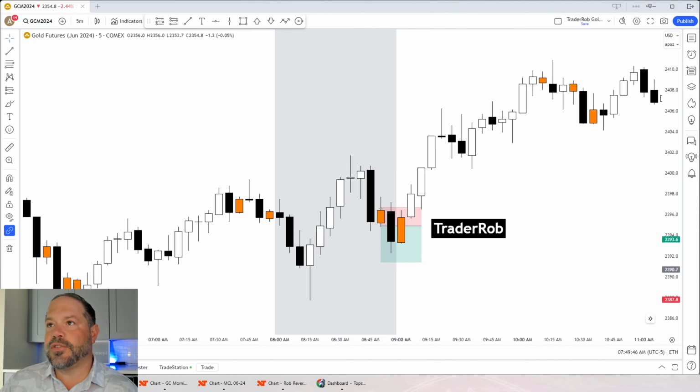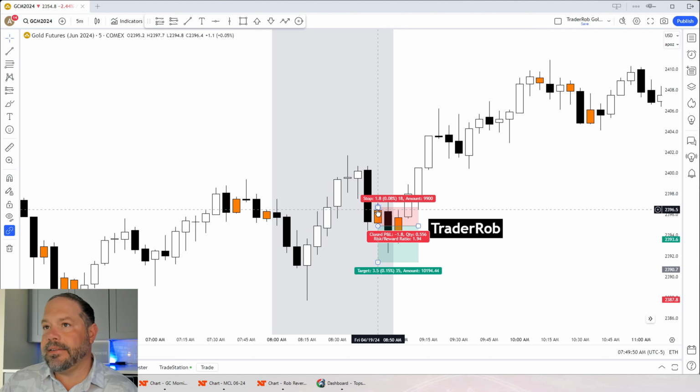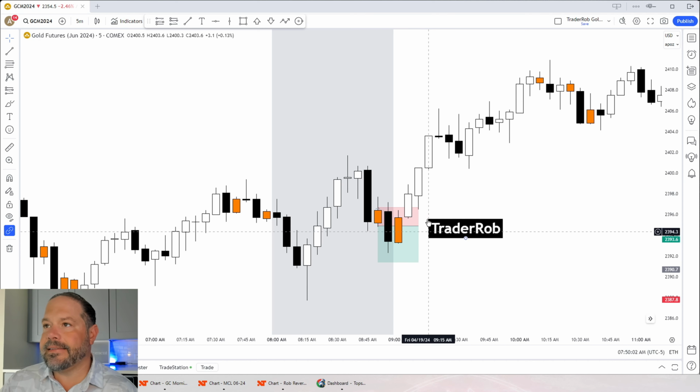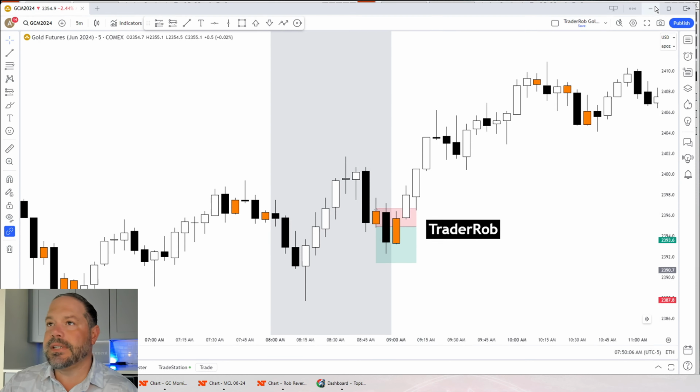If we take a look at our trades from Friday, this is in gold, we get a setup at 850, close 855, we get activated into the short. This thing does go about 70% of your take profit. Risk at that point would have been reduced down to 18 ticks. This thing reverses on us and knocks us out for a loser in gold.